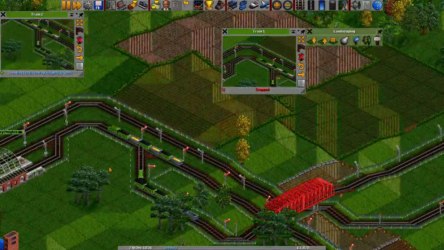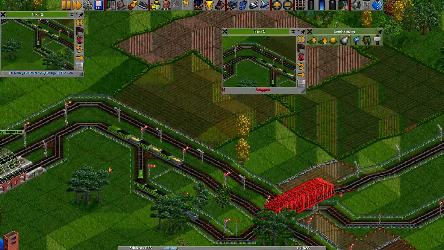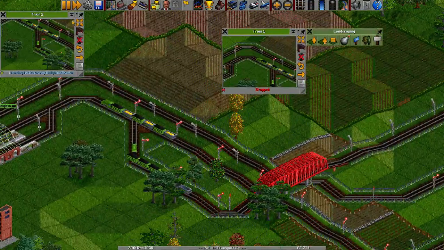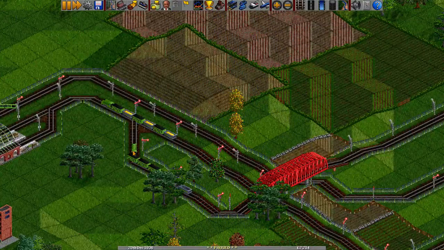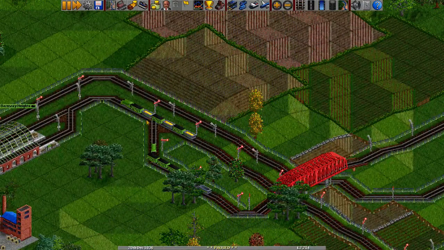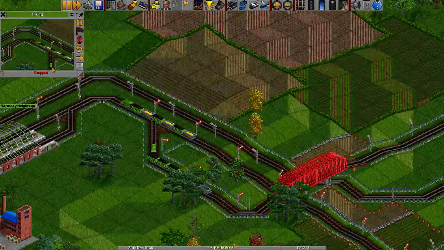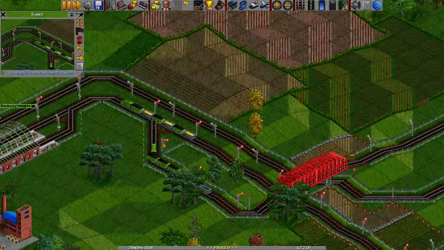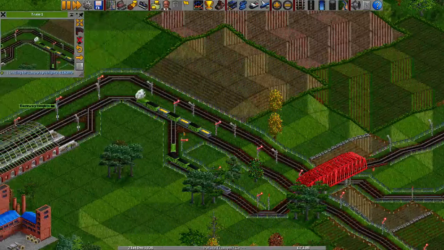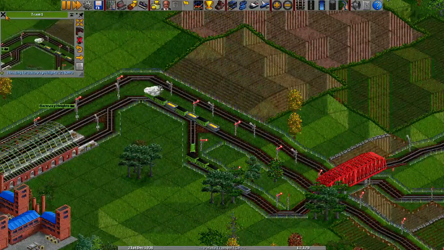Okay, so now this train is not... Stop being in full speed. In fact, let's pause it. Okay, so this train is not allowed to connect to this rail network or to this line because there is already a train here, and this signal will only open up and allow this train to actually move if this part of the track is clear. So let's go and unpause and start this train back up again, and hopefully